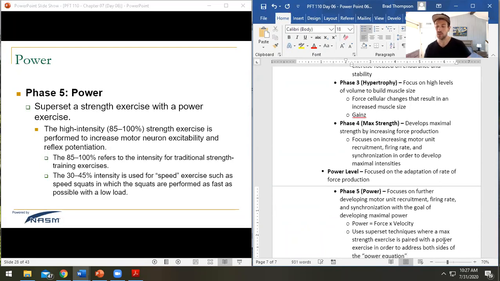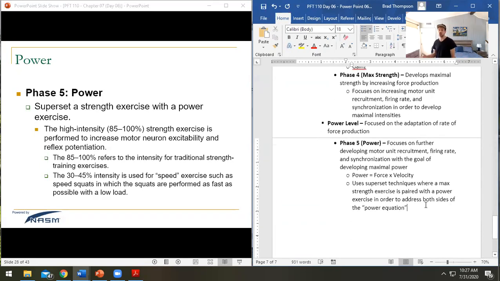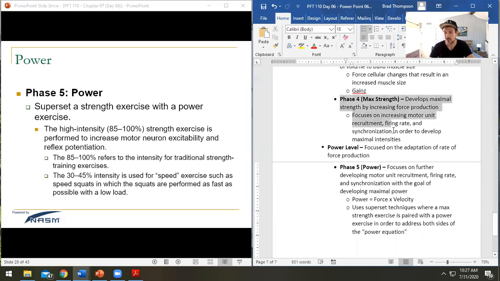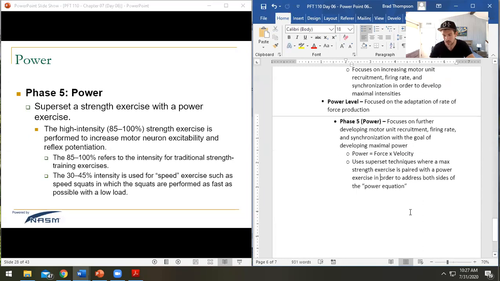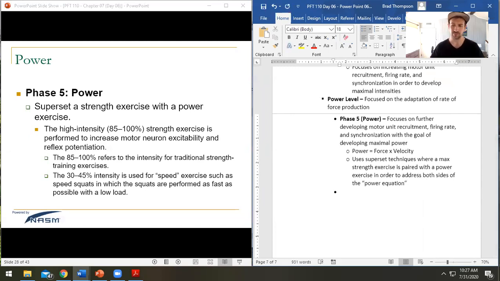Right? So earlier we talked about developing strength endurance by doing a bench press paired with a single leg push-up. Well, now we're going to pair that bench press with a clap push-up, which is going to be super explosive, right? So a lot of times you're going to use maximal intensities of 85 to 100%, which is what we used in max strength, paired with intensities of 30 to 45%. I'm just going to put a little asterisk here. It should be noted,